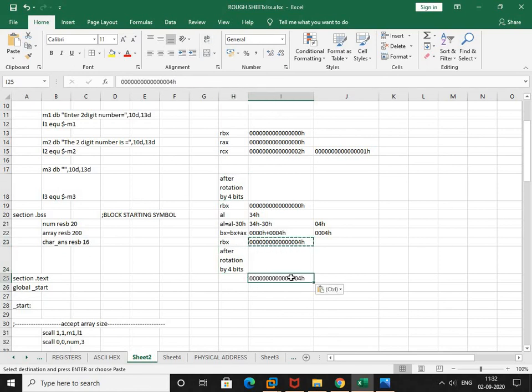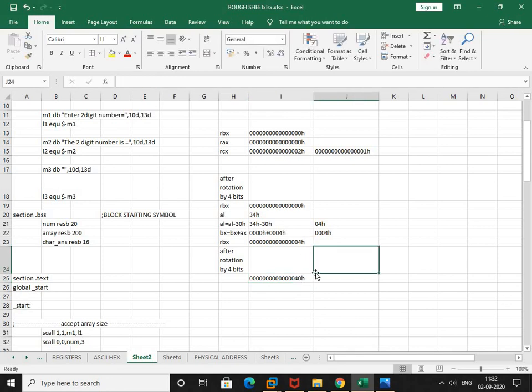The most significant 0 will come to the least significant position, right?